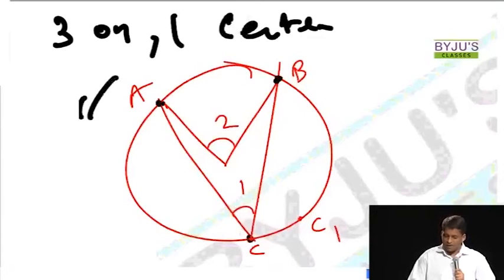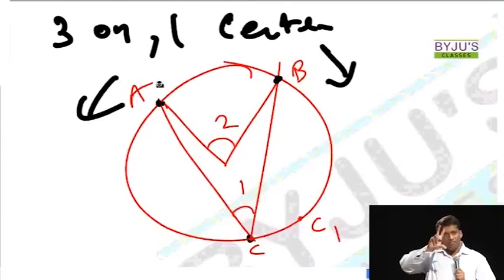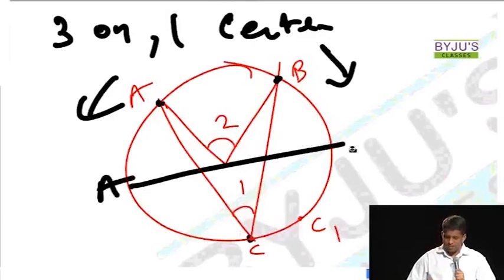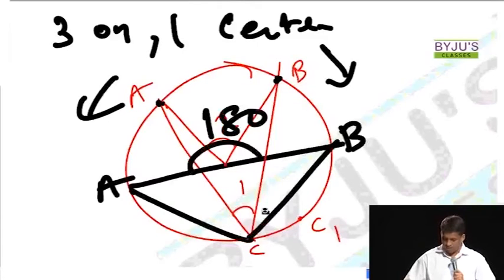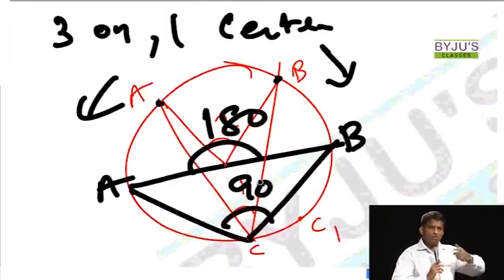Now move A and B away from each other, so push A and B away from each other and stop at a point where it's taking its maximum length. We call it a diameter. So it's nothing but a special case of the previous property where this 2 will turn out to be 180 and this 1 will become 90. So these are not new properties. You try relating the way you want, that's when you will really learn this.